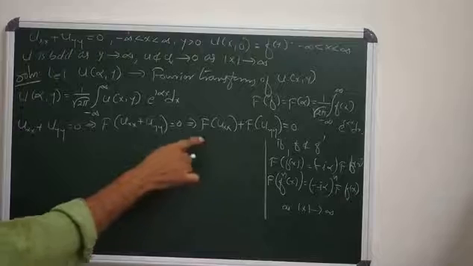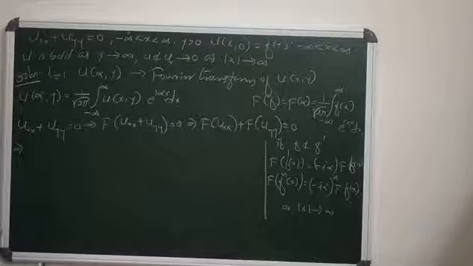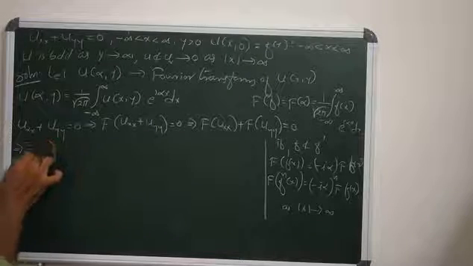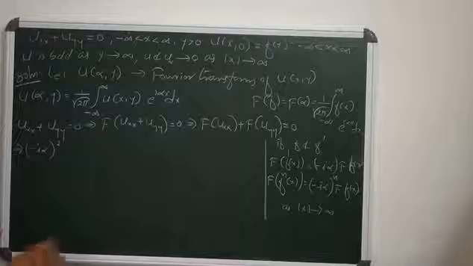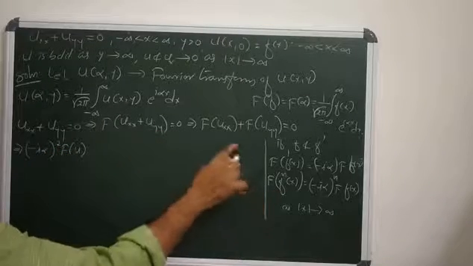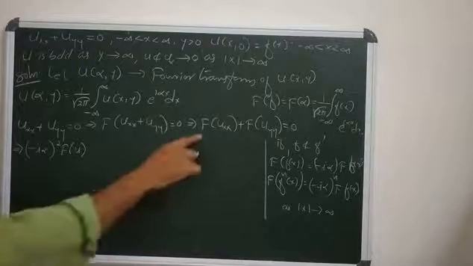So according to that argument, what is F of u_xx? F of u_xx is (minus i alpha) squared times F of u. Agreed? Since it is the second derivative with respect to the variable x,